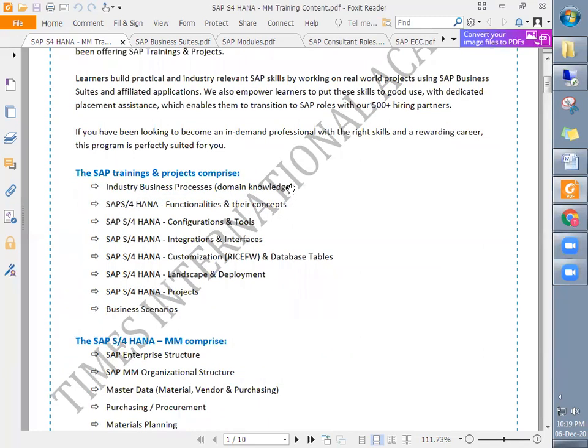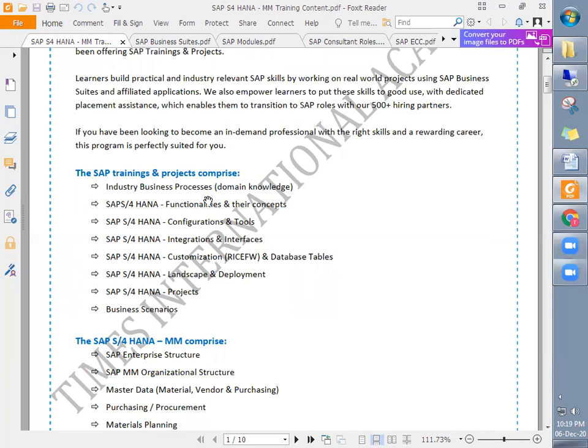If somebody is not from procurement, this domain knowledge will really help them get the knowledge related to the domain, that is procurement and inventory management, right? Because SAP MM is used for sourcing and procurement and inventory management.